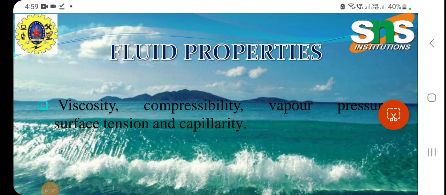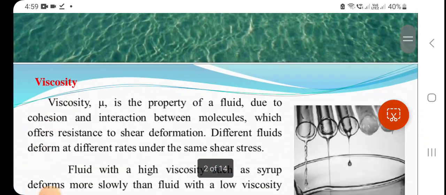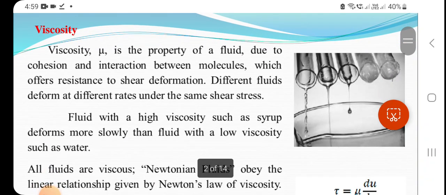Students, in today's class we are going to see about fluid properties: viscosity, compressibility, vapor pressure, surface tension and capillarity. So what is viscosity of a fluid? Viscosity of a fluid is a property which has cohesion and interaction between molecules, which offers resistance to the flow